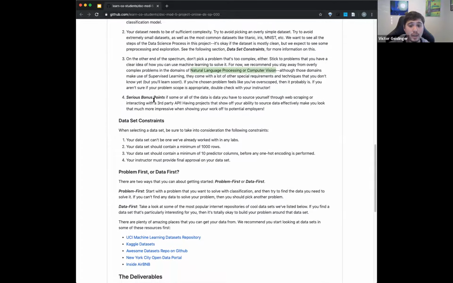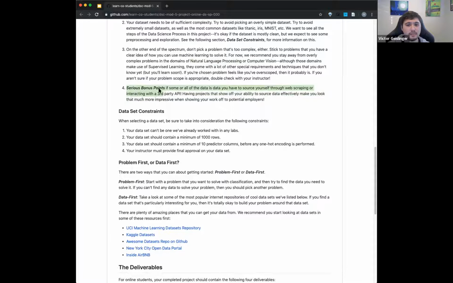Pretty good, cool. So right here, the curriculum says serious bonus points for using a third-party API. I shouldn't say avoid APIs. APIs can actually make really clean data, but I would avoid doing web scraping or adding more complexity in data acquisition for this project. Because remember, this main project is going to be about doing the machine learning part. I think of this project as something like: try multiple models out, try things out and get a feel for this data set and see what works well. That way, when you go into another project where you have to collect this data, you have a feel for what kind of stuff works well.